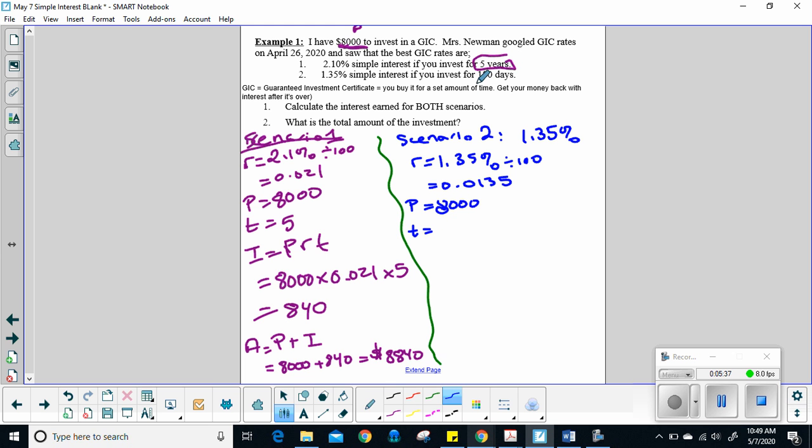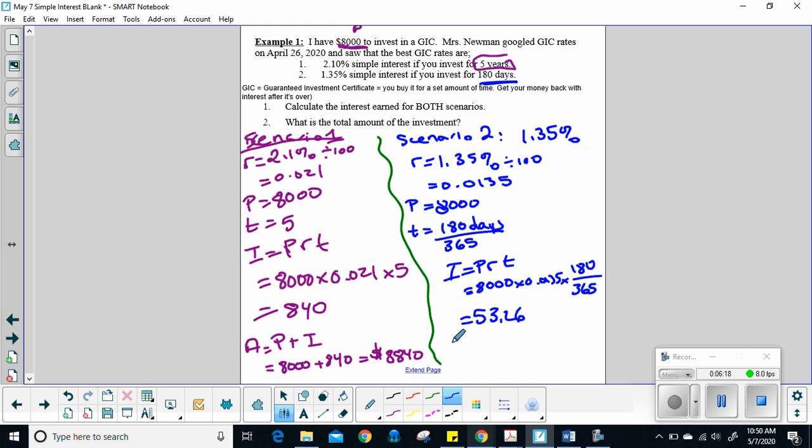And my time now is in 180 days, which means I have to divide that by 365 to get years. Interest is PRT, so 8,000 times my interest rate, 0.0135, times this 180 days that has been converted into years. And I'm just going to do it all in one step, so I only have to do one calculation. 8,000 times 0.0135 times 180 divided by 365 equals